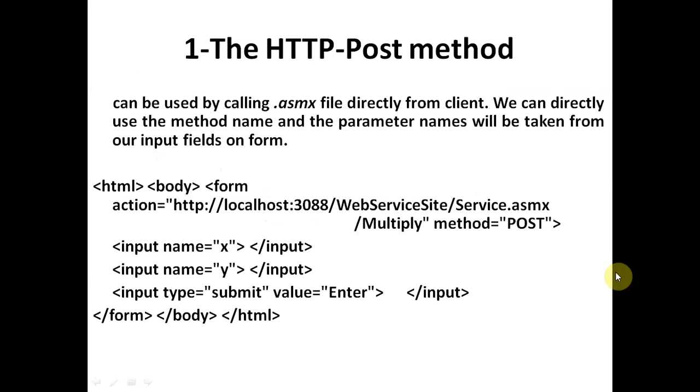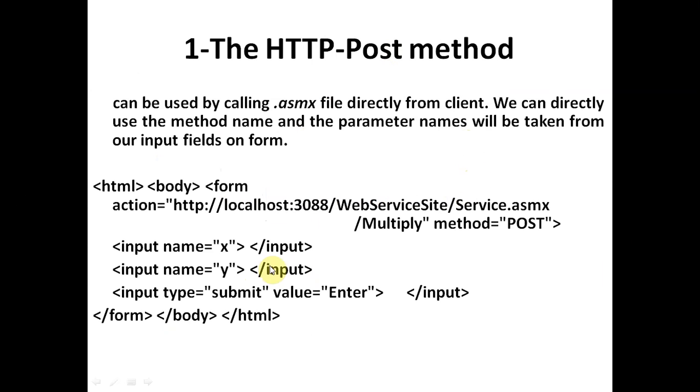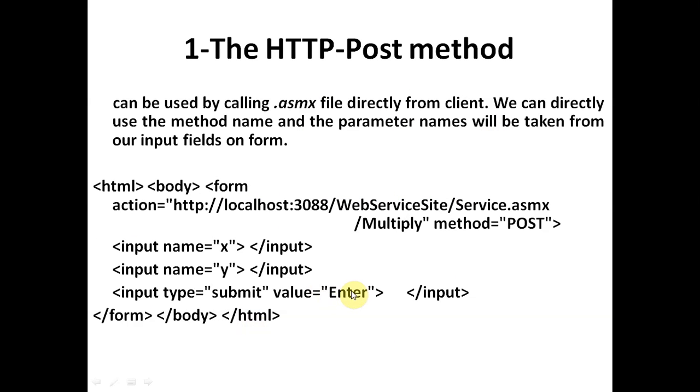You have to relate this program with this window. This is the output window, and this is the program of the same output window. We have mentioned here the action, as we press the submit button. We have this enter button, which is the submit button, so its caption is enter. As we press this enter button, it will execute this action tag.